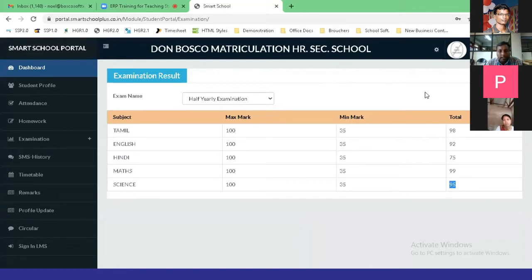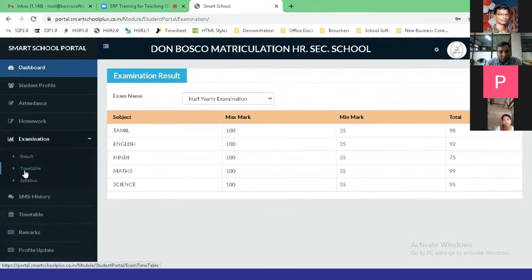And further, we are also extending our services. If the school permits, we can also download the progress report. Now the school is spending on stationery items for the progress card. In future it is all digitalized. Anytime you can search for the examination name, and with just a click of a button, you will be able to see the examination marks, and if needed you can download it, and they can have it in any PDF format respectively. So that is about the examination.